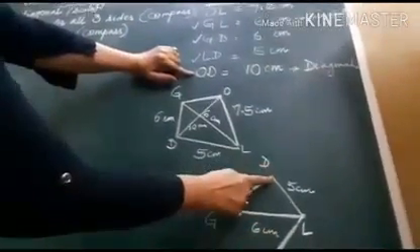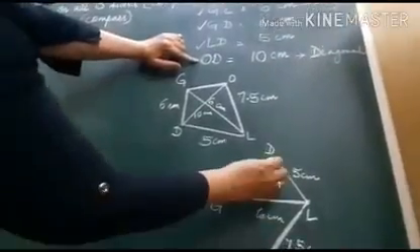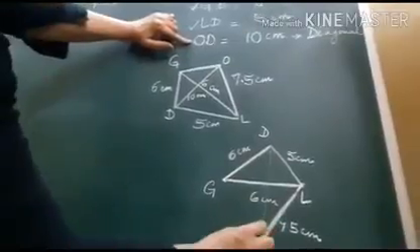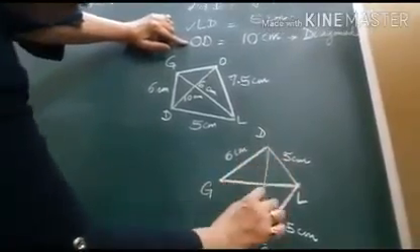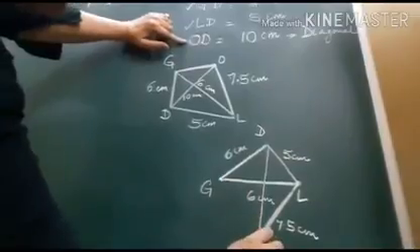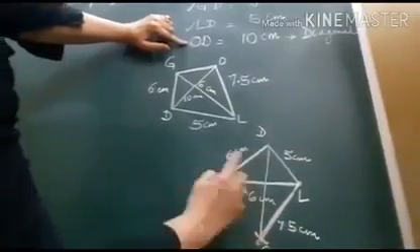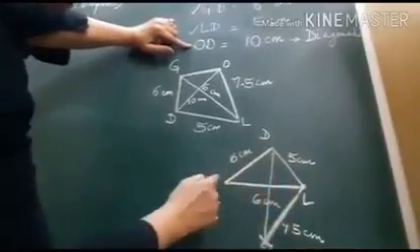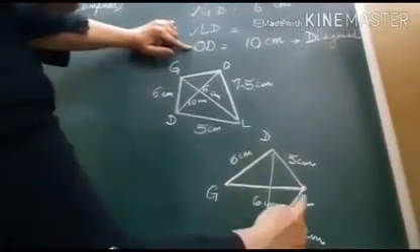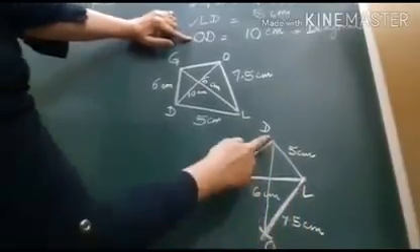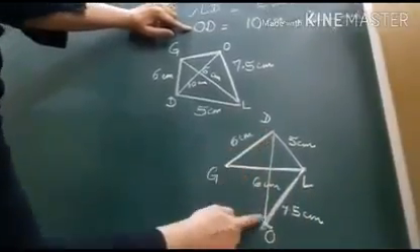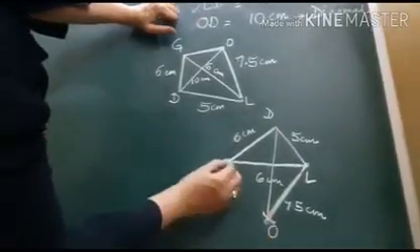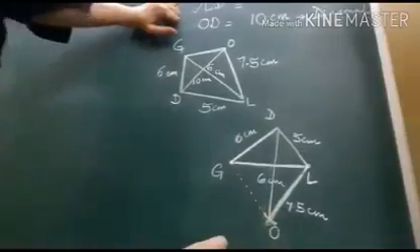So take a measure of 10 centimeters as radius, and when you draw an arc, it will join at this place here. This we are not going to make with the help of scale, remember. So here we will get our O. So first the diagonal, then two sides, one from G and one from L, then the third side also from L, and the fourth is the diagonal from point D, that is 10 centimeters. And after getting point O, we will join it. That's the last step. This is how we will draw.